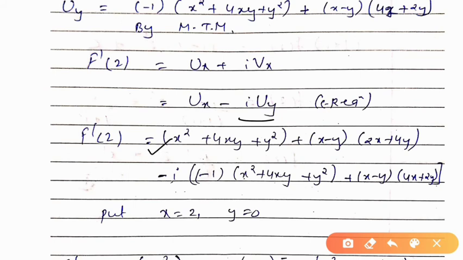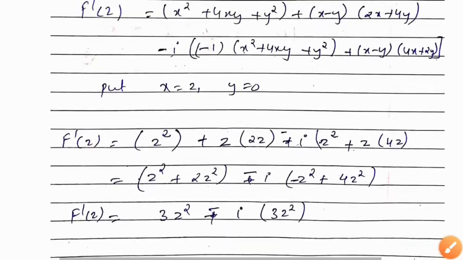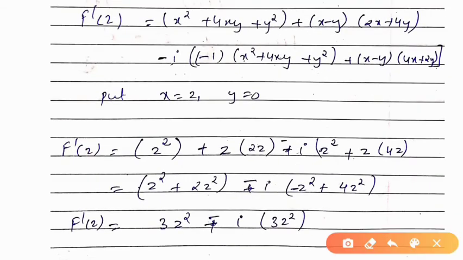Now I am putting the values of ux and uy over here. This is the value of ux and this is the value of uy. Now what will be my next step? My next step will be to put x equal to z and y equal to 0. So I am putting x equal to z, so this will become z square. Here y equal to 0, then the whole term will be 0. Here y equal to 0, again the whole term will be 0. Here x I am putting z, so here we are getting z. Again here 2x will become 2z, and this term will become 0.